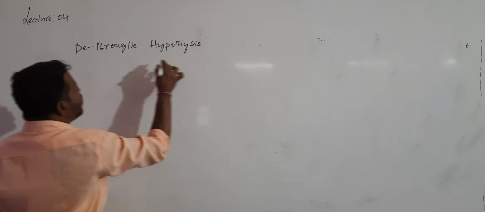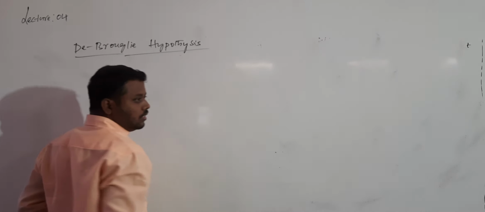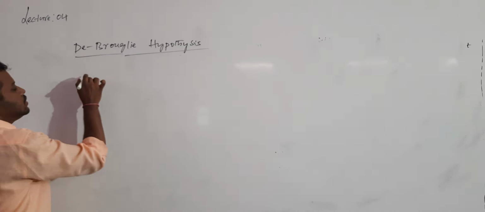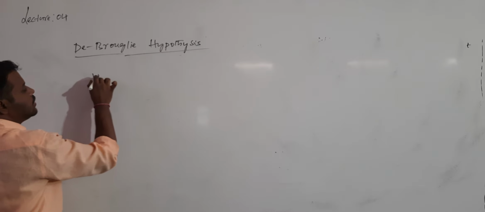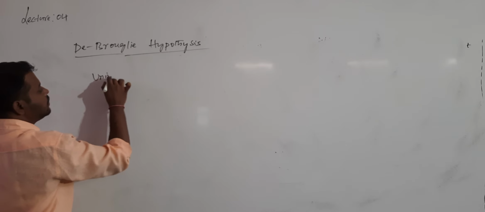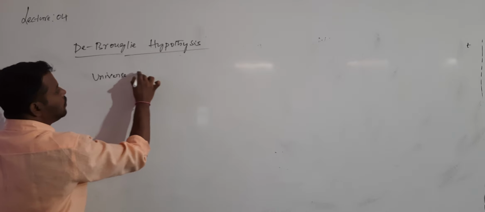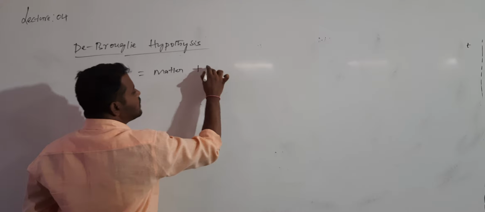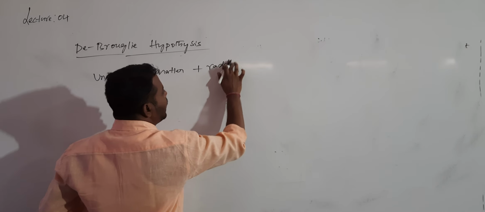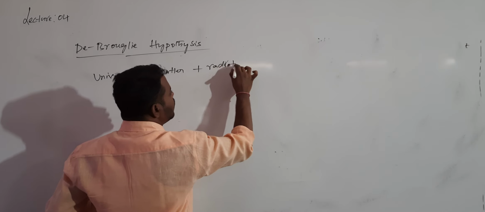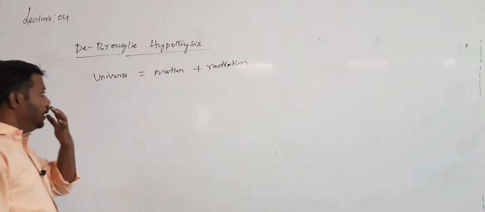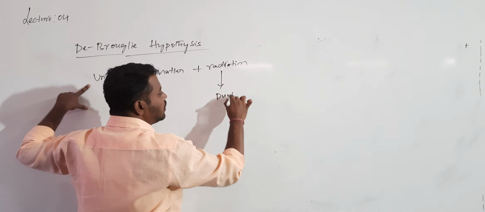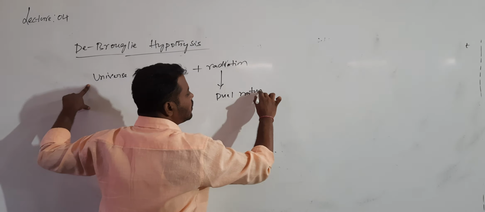The scientist de Broglie. After the photoelectric effect, we came to know that radiation is of which nature? Dual nature. But the total universe is made up of matter and radiation. What is the meaning of matter? You know that now: it has some mass and occupies some space. But now we come to know radiation has which nature? Dual nature.